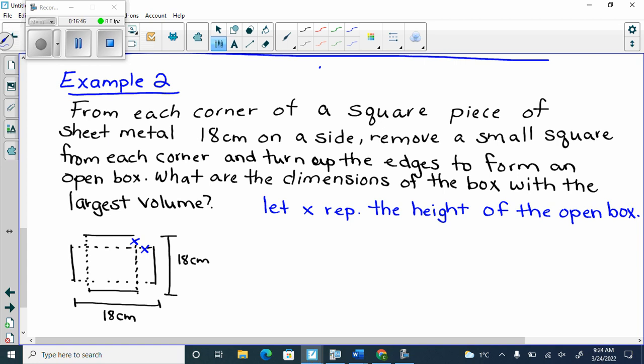Now what are we going to want to maximize? We want to maximize the volume. We agree? We want to maximize the volume. So the volume of a square box is going to be side